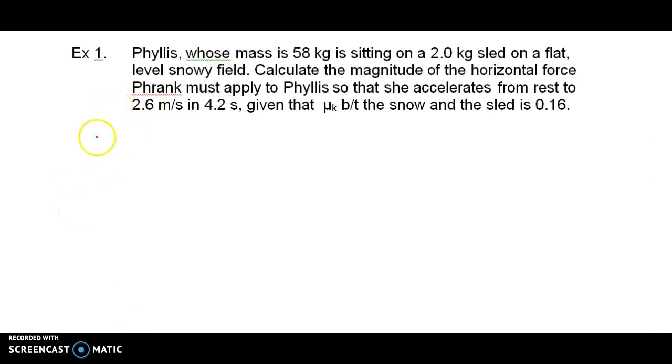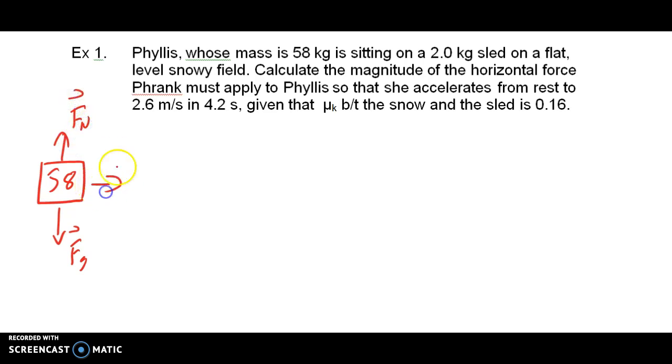So the first thing we're going to do in this question, just like we do with every question, is draw ourselves a free body diagram. So there's my free body diagram, and we know Phyllis's mass is 58. Now, yet again, there are four forces affecting Phyllis. We've got our force gravity. She's on a surface, so therefore we have our force normal. We've got our force applied,